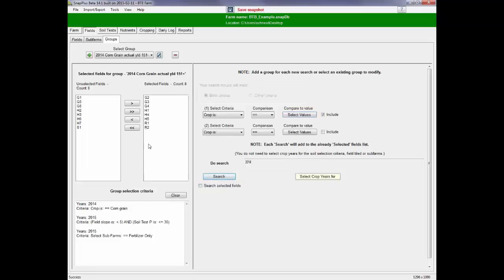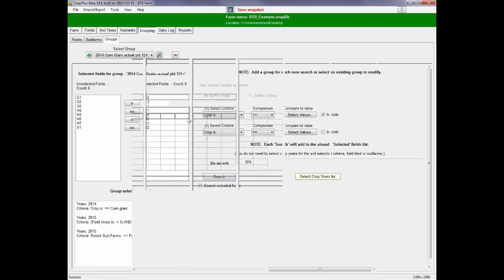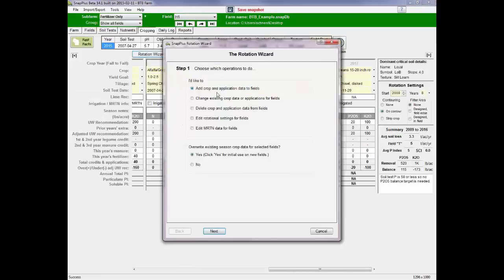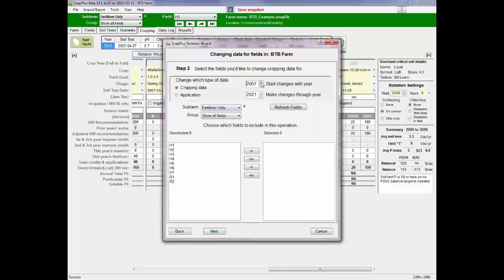And we're going to search. All right, so all these fields were corn grain in 2014. Now, to update this, I would tell you to go to the rotation wizard, and we are going to change our cropping data, and we're looking at 2014,